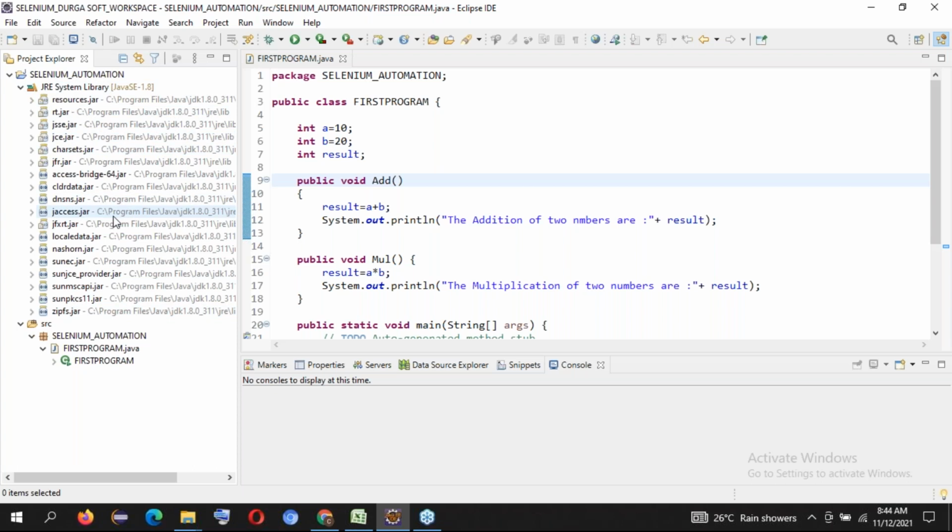You already selected it by default, so it is there. Not required to add any more. For importing packages, it will also come automatically. See, you created a package, Selenium automation, under the SRC folder, right? Yes, this one, sir.